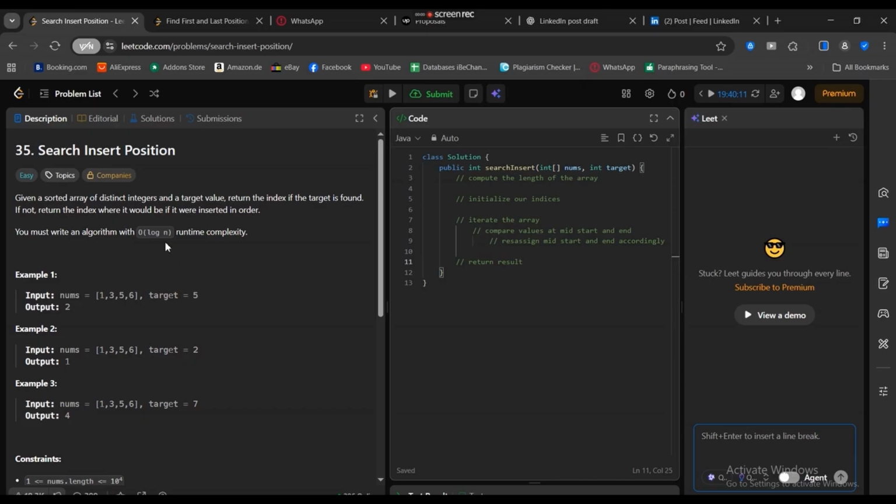Which is going to be the position, right? Yes. So we can just return result. So first of all, we should start by computing our length. So int length is equal to nums.length. Remember, it's a property. And then we're going to initialize